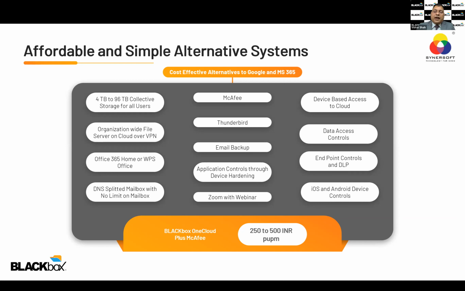That on-premise BLACKbox is a CapEx. You have already done the CapEx. You have got your BLACKbox installed in your premise, and that BLACKbox is your private cloud when you use it on VPN and static IP. This BLACKbox One Cloud is an alternative to on-premise. In case any enterprise does not want a CapEx on its IT systems and wants an OpEx, a per user per month kind of subscription, and doesn't want to invest in the hardware, then they can go for BLACKbox One Cloud.